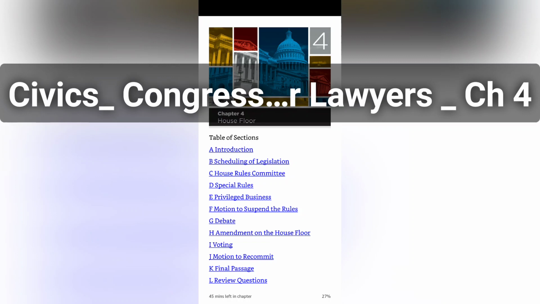When the House resolves itself into a Committee of the Whole, the Speaker or Speaker pro tempore, the Speaker's designee to preside in his or her absence, steps down and appoints a chair to preside over the Committee of the Whole. The member who presides over the Committee of the Whole is addressed as either Mr. or Madam Chairman or Chairwoman,